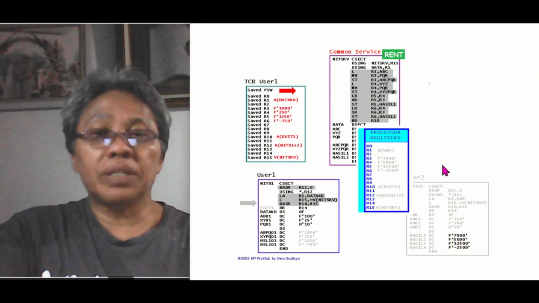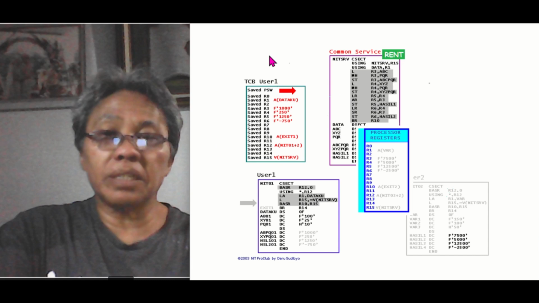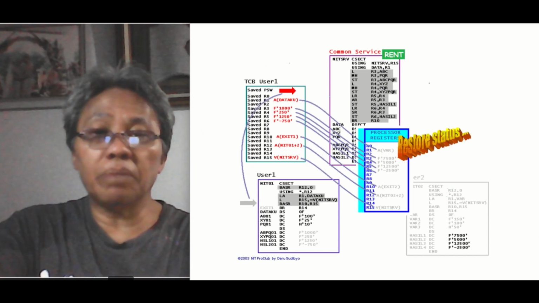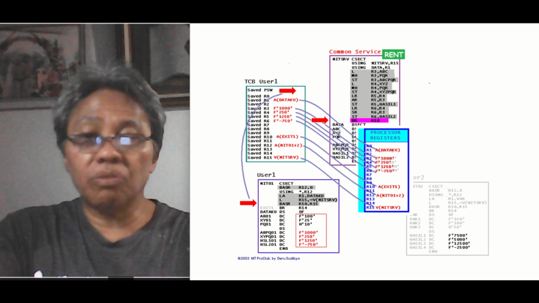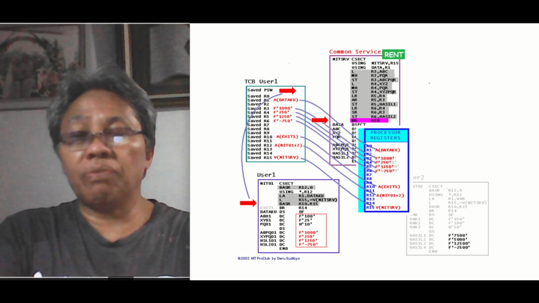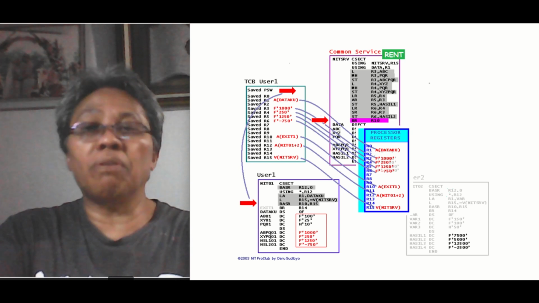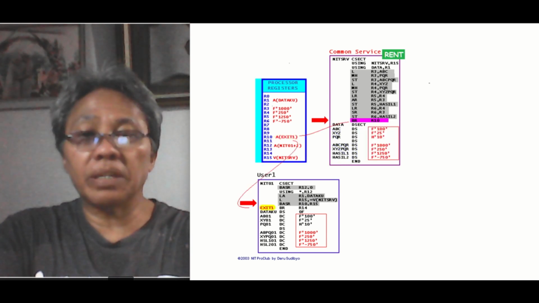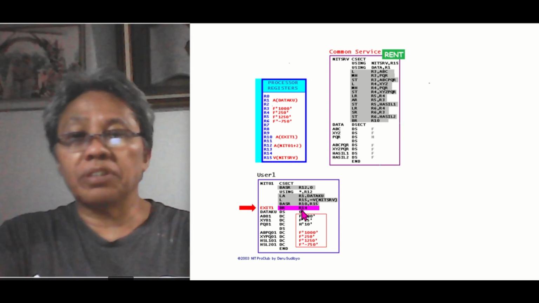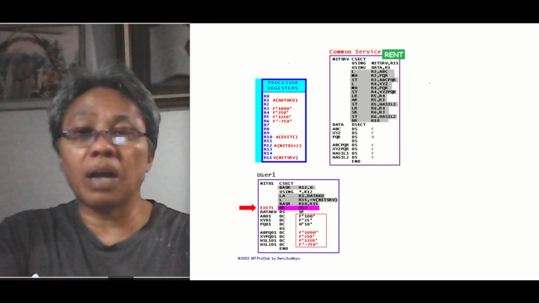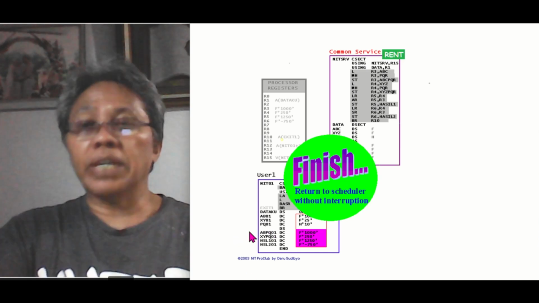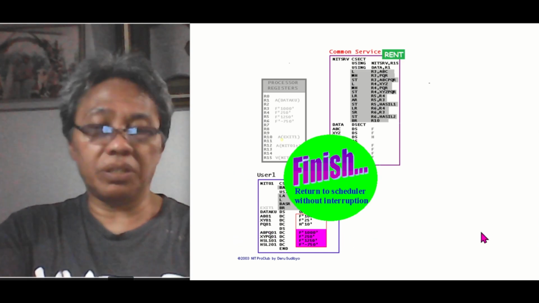So once it is finished, control goes back to the OS, checks the TCB of OS1, then restores it to the system, including the PSW. Once the PSW is restored, control automatically, as usual, goes to the next sequential instruction after the executed instruction before interrupted, which is exit 1. This one. Branch to the address contained in register 14. What is it? Is it from the caller, from the OS? Then finish, with the results already in the working storage of each user.